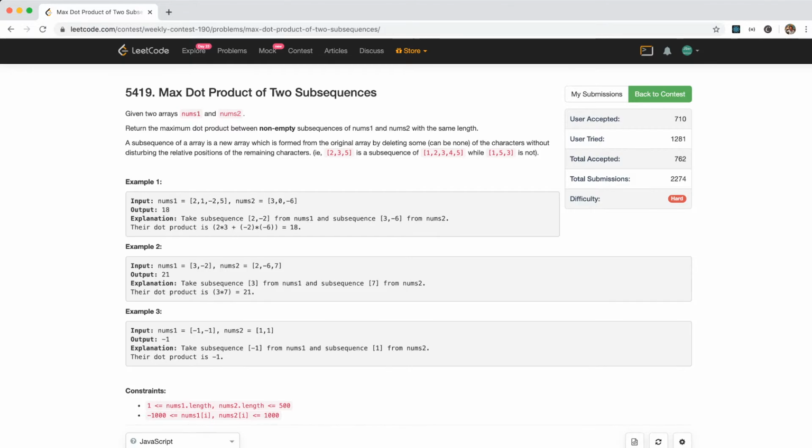Yeah. Max dot product of two subsequences, given two arrays. Return the maximum dot product between non-empty subsequences of nums1 and nums2 with the same length. What is a subsequence? A subsequence of an array is a new array formed from the original array by deleting some of the elements without disturbing the relative positions of the remaining elements. This is a subsequence of this. Okay, order is kept. Cool. So like this, take subsequence 2, -2